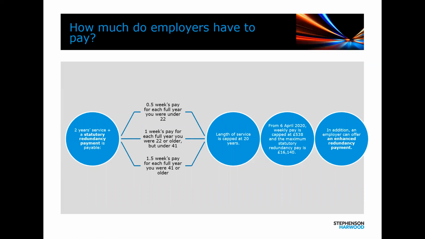So let's assume that you've gone through the process and unfortunately you now need to confirm employees are redundant. What is it that you have to pay to those individuals? Well, you have to obviously satisfy your contractual obligations. So you need to pay any notice sums, so check your pay in lieu of notice clause. Is it pay in lieu of notice of salary only, or is it pay in lieu of notice of salary and a sum in lieu of benefits? You obviously need to pay for any accrued but untaken holidays.